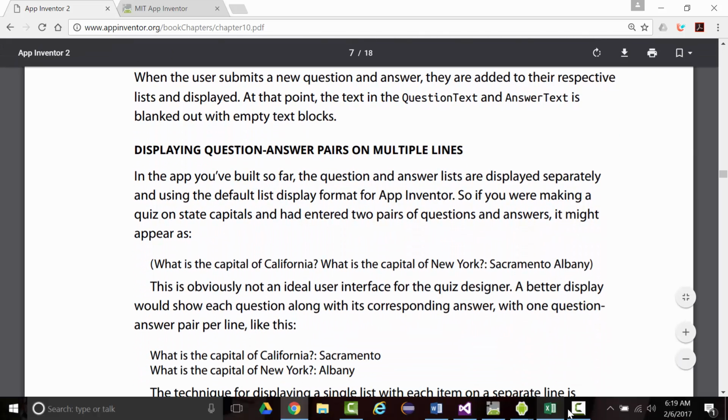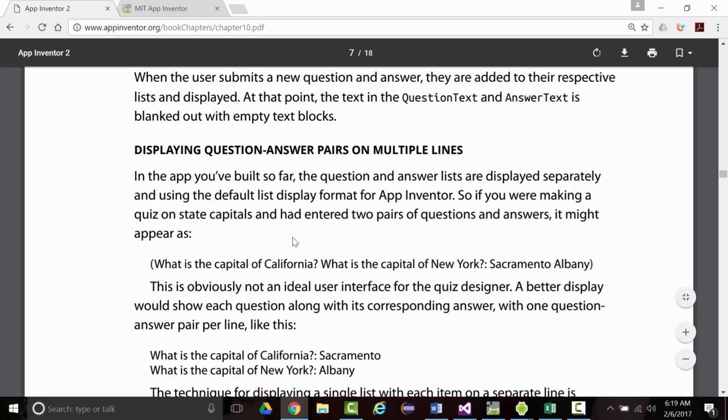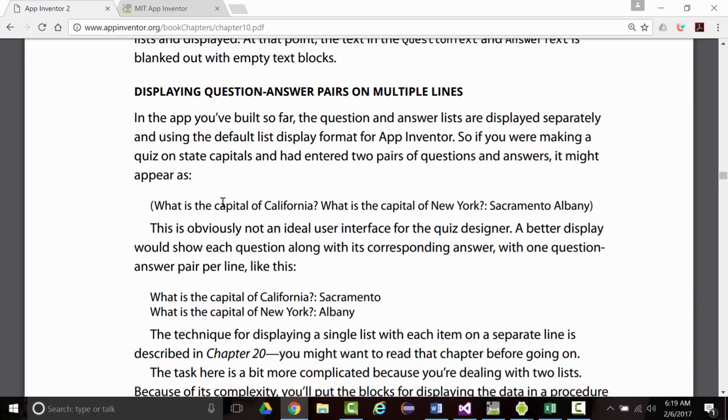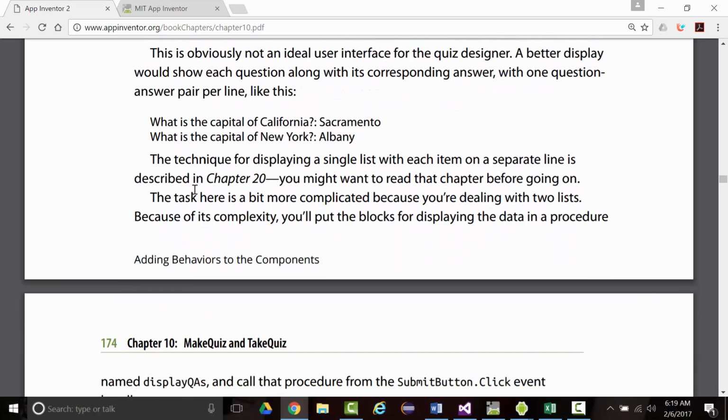Let's check our time. All right, let's go a little bit further. Displaying question-answer pairs on multiple lines. In the app you've built so far, the question and answers are displayed separately. So if you were making a quiz on state capitals, it might look kind of ugly, something like this. This is obviously not ideal. A better way to display this would look like this. The technique for displaying a single list with each item on a separate line is going to be described in